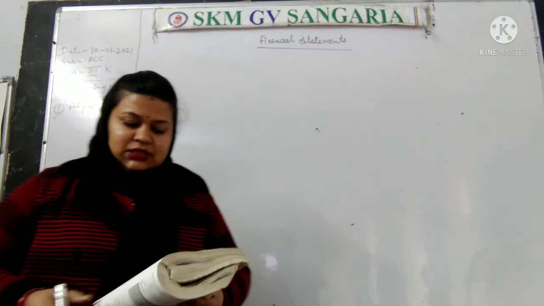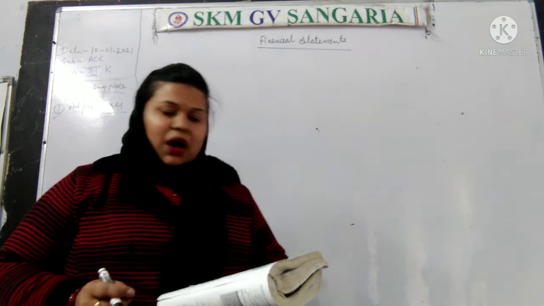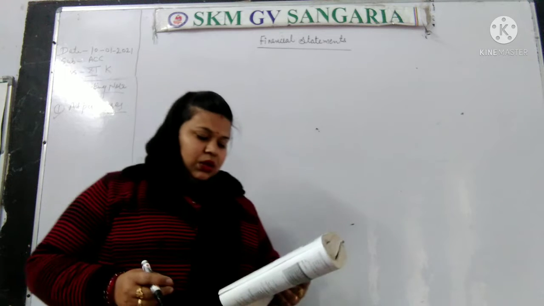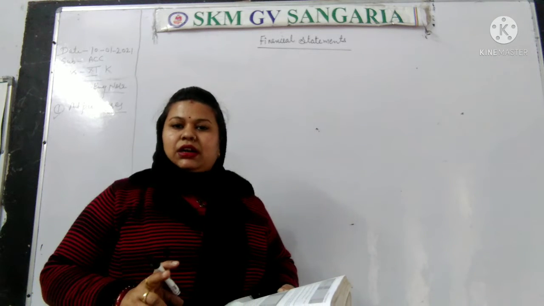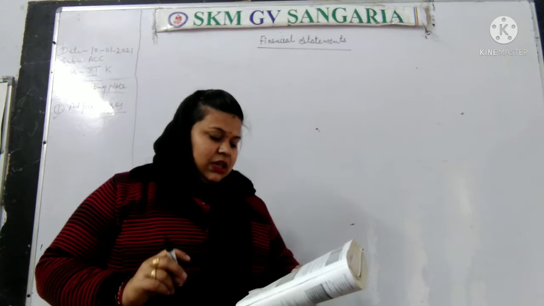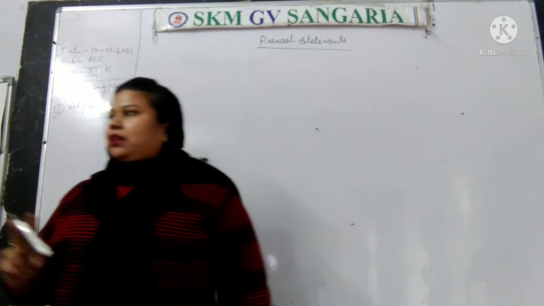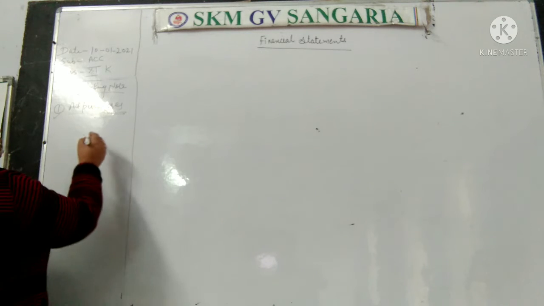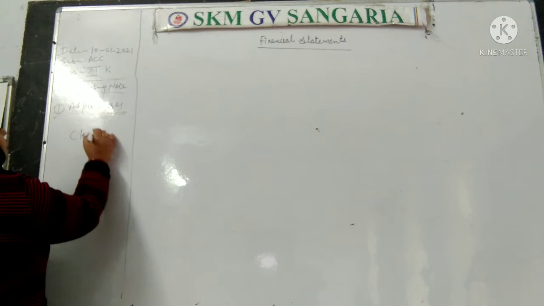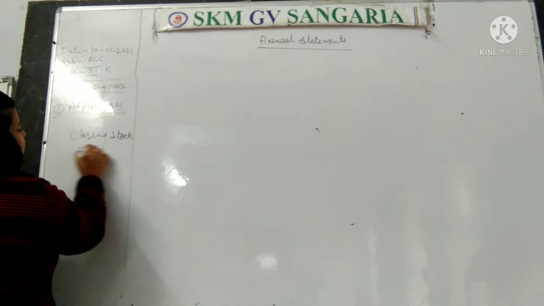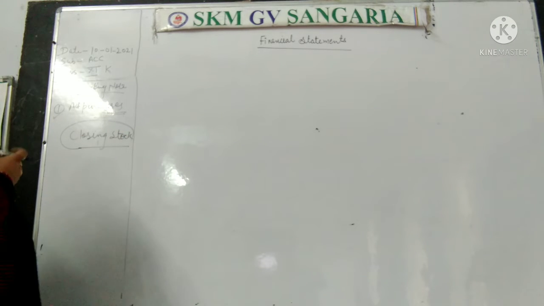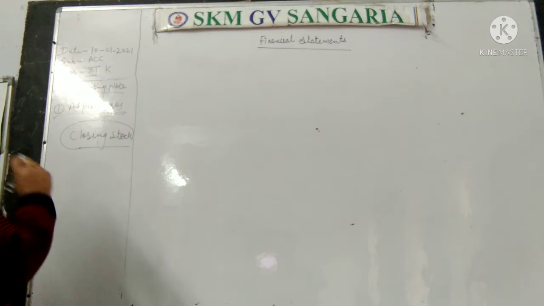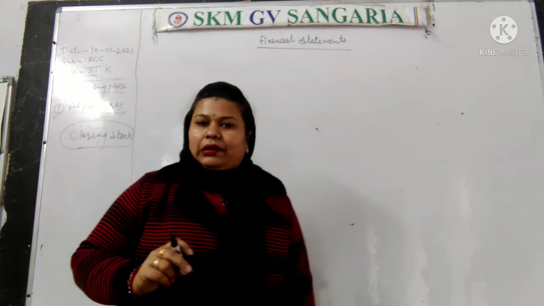Next, what is given? Wages, then octroi charges, fuel and power, office rent. Office rent will be the part of P&L account. Then trade expenses, it will also be considered in the P&L account. Then sales and closing stock. Keep one thing in mind, that if we are having the adjusted purchases, in this the closing stock is already adjusted, so we will not write the closing stock in the credit side of trading account.